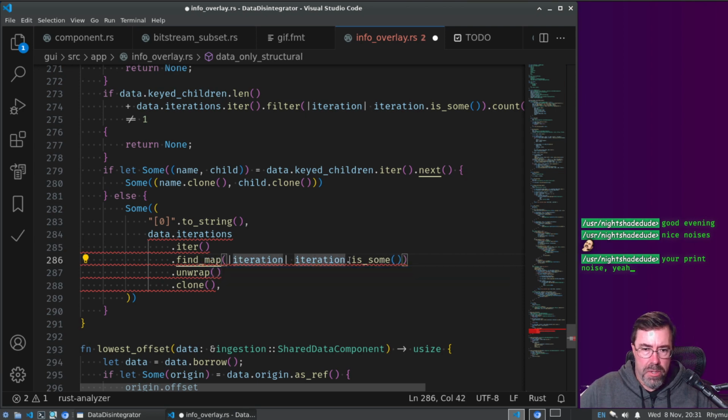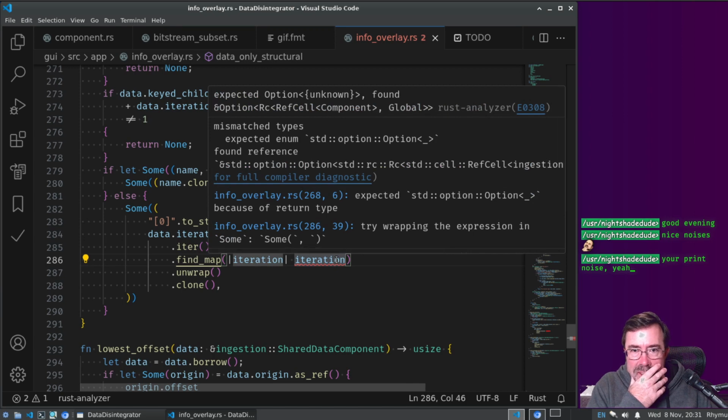It would be iteration. It would just be iteration. Iteration. And then one single level of unwrap. I gotta clone this, right? What do I need to do here? Expected option found, so it's as ref. Or yeah,